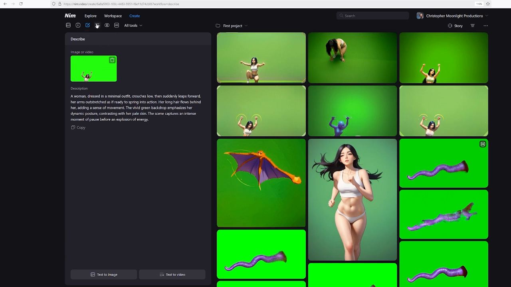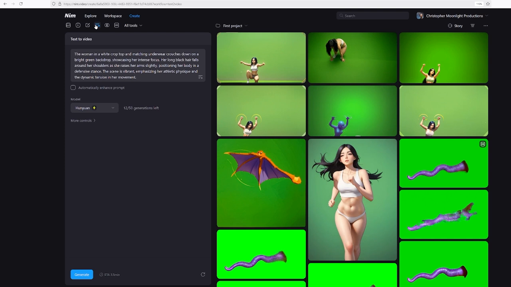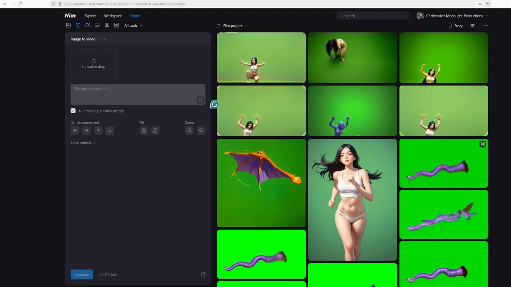We've got text to video, where you can actually use Hanyuan, I think that's what it is, or Mochi. Hanyuan gives you 50 generations. Mochi is unlimited. I've been using this to get generations of Tara for other purposes, which I won't talk about here. That's another technique. And we also have the image to video,